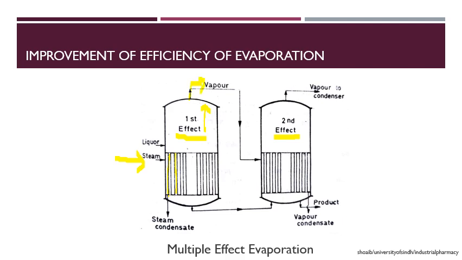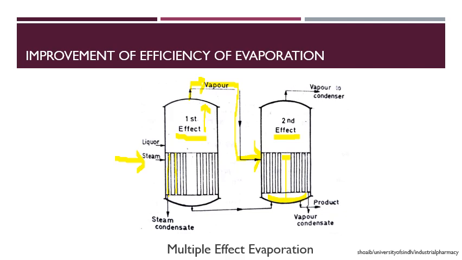These heated vapors can be moved out from here and used in a second vessel as a heating material or as steam. These heated vapors will go into the area of the second container, and will boil and eventually evaporate the material that is present in the second container. So in this way, for the second container we don't have to use separate equipment for steam generation.